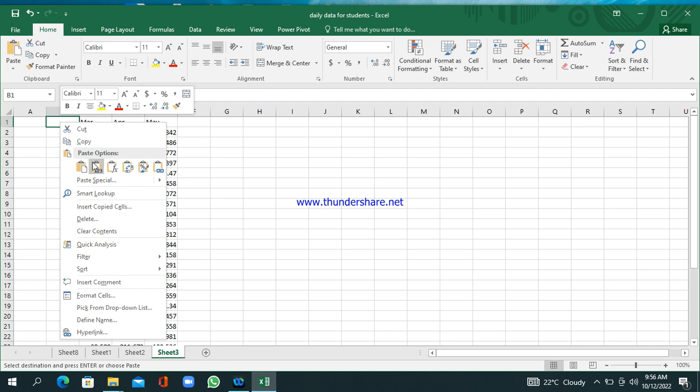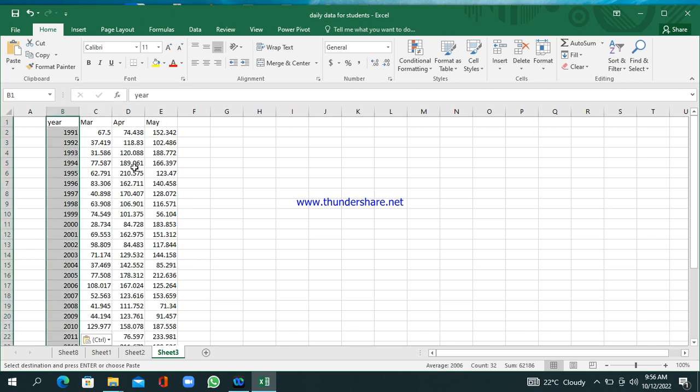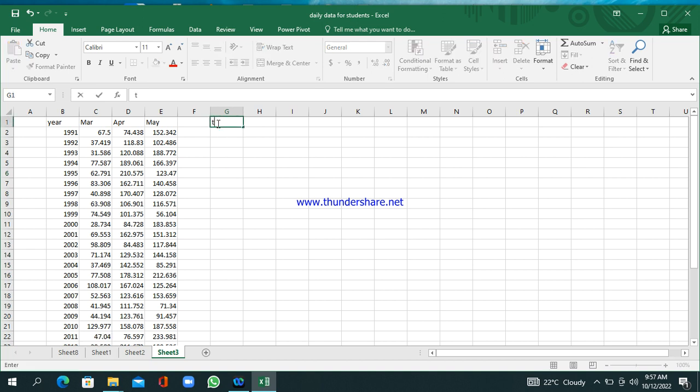Copy. These are the March, April, May rainfall for Arbaminch. Now we have to sum. Precipitation is a sum, not average. So sum of total month. March, April, May. That is plus